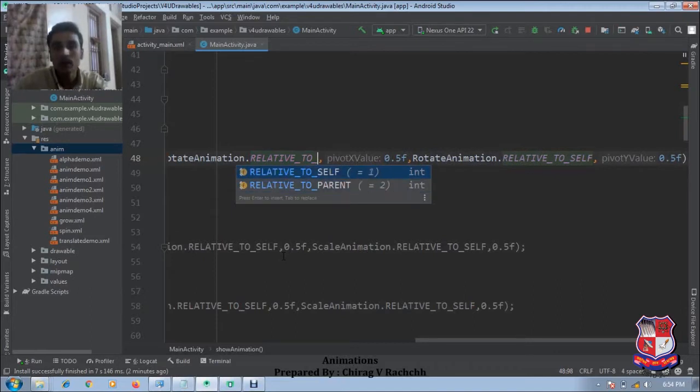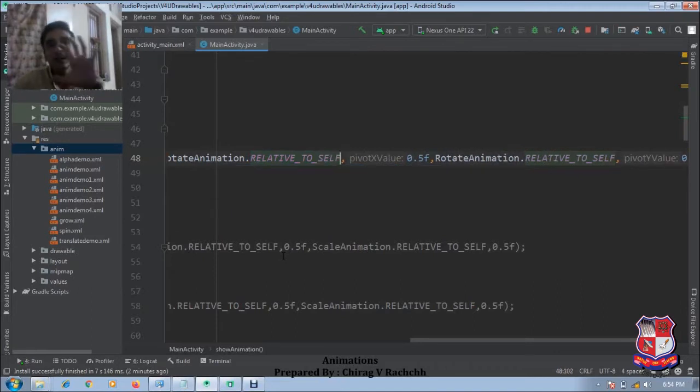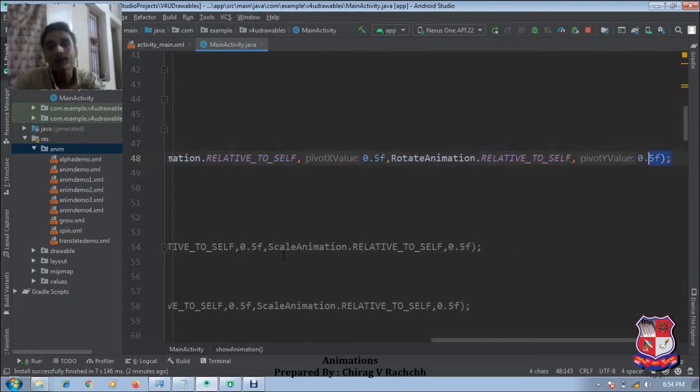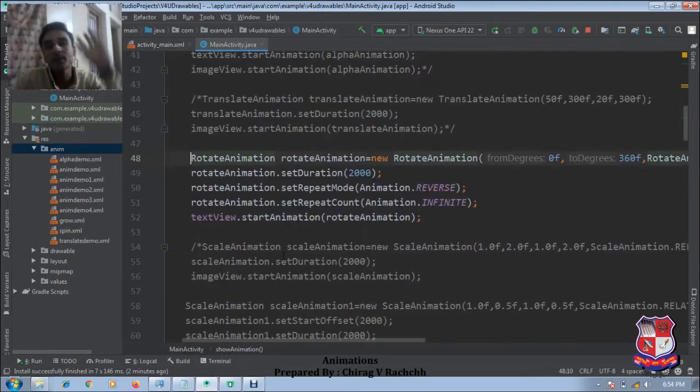We are using self, so it will be rotated from its own center. The fifth argument is for the pivot point on the y axis, again relative to self, and the pivot y is 0.5f. So the object will be rotated from its own center.